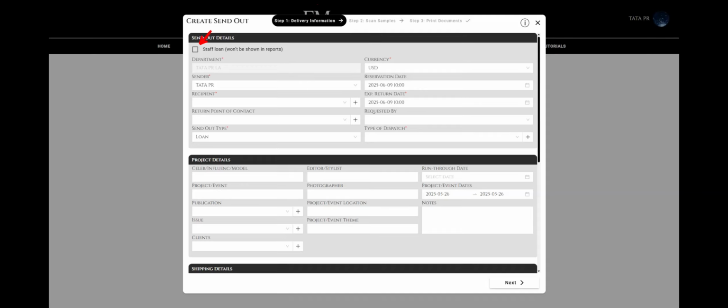Select this option only if your employee is temporarily taking samples for some manipulation and you do not intend to send them to any customer. In this case, the selected samples will be unavailable until you mark them as returned in Send Out after returning